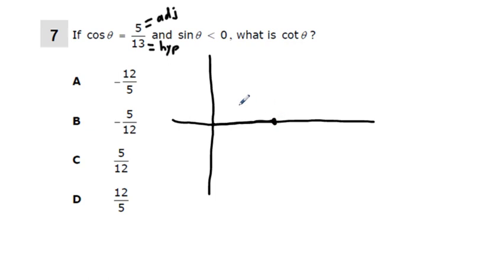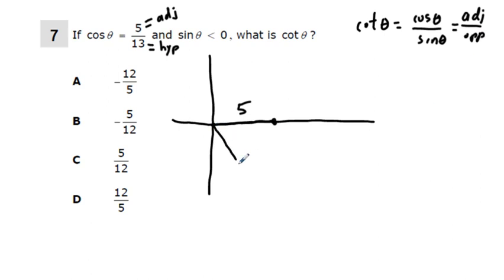Well, if cosine is positive and sine is negative, what does cotangent have to be? It has to be negative, because cotangent is going to be equal to cosine theta over sine theta. Or, well, we'll get into that. When you simplify it out, it's going to be adjacent over opposite. And so if we have our hypotenuse is 13 down here,